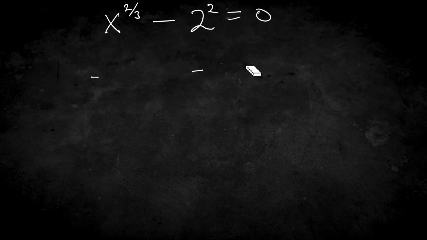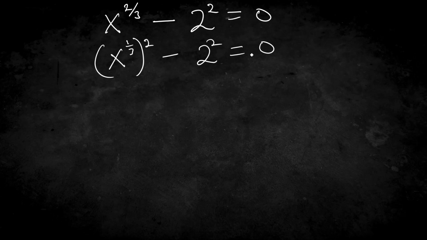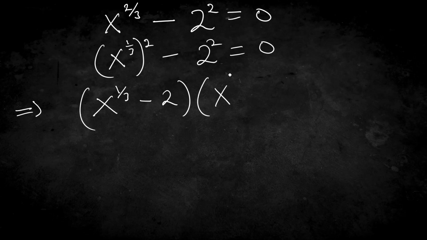We are given x raised to 2/3 minus 2 squared. So we can write this one as x raised to 1/3, squared. Now, going back, these two multiply, making 2/3, minus 2 squared equals 0. So we have something squared minus something squared. So we have (x raised to 1/3 minus 2)(x raised to 1/3 plus 2). Okay, therefore